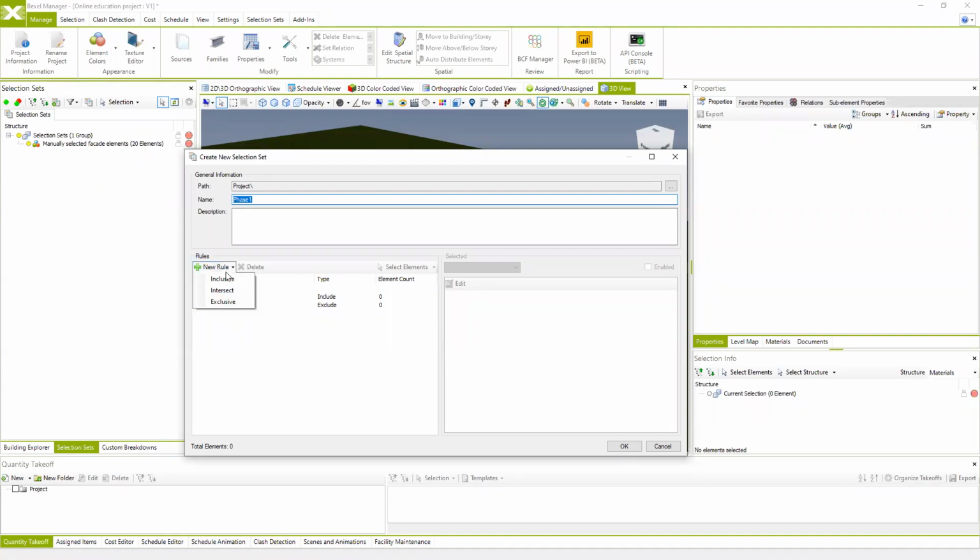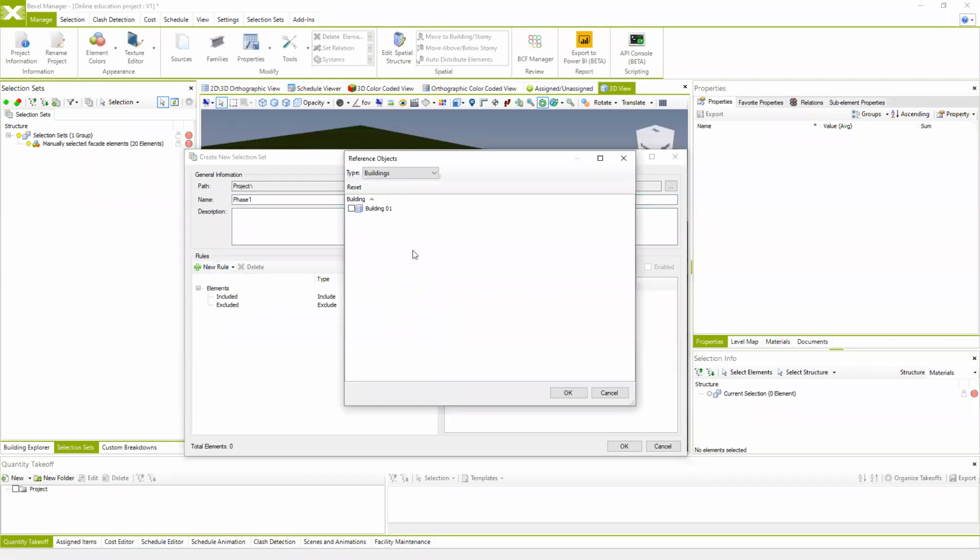So in this case, because I know that I'm going to include the elements containing the property construction phase, which is phase 1, I'm going to use the option inclusive, and then we can use different types of